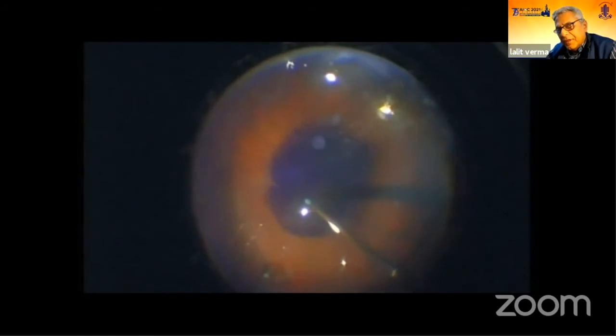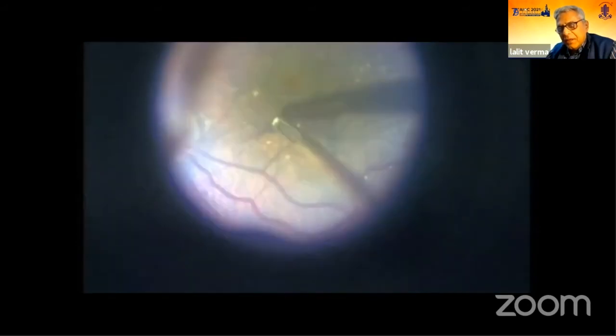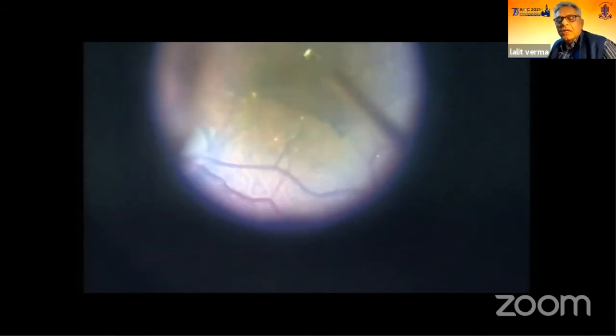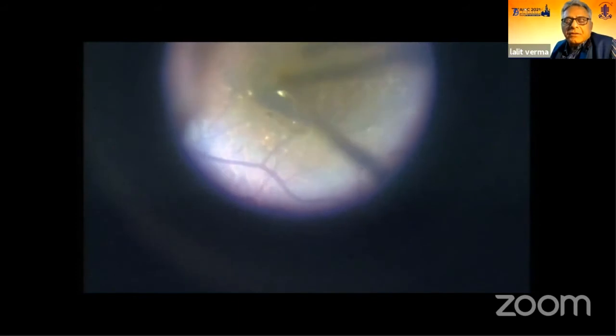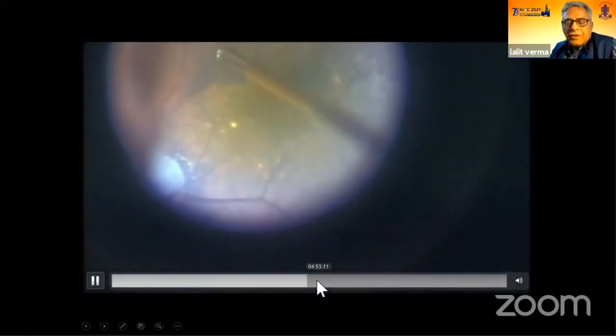Then under air itself, I will aspirate out the excess of this before starting the infusion cannula. And once this is out, then you start the fluid. Take this 25 gauge MVR blade and tease away, identify the plane and try to tease this membrane. Once you see the edge, then take this forceps. Generally, most of these membranes will come in one single sheet, and the sheet is generally bigger than what is initially visible. Go to the base after you have taken part of it, then again leave it, go again to the base, and then peel the entire membrane for it to come in a single sheet.